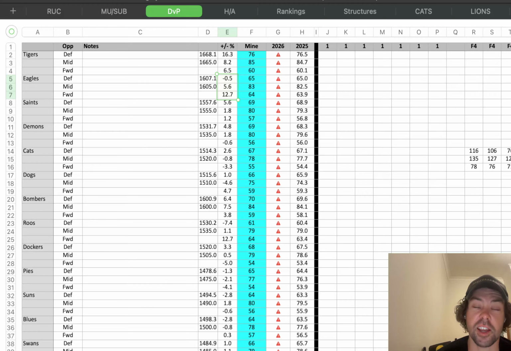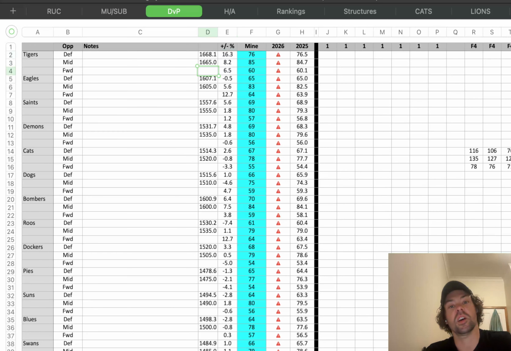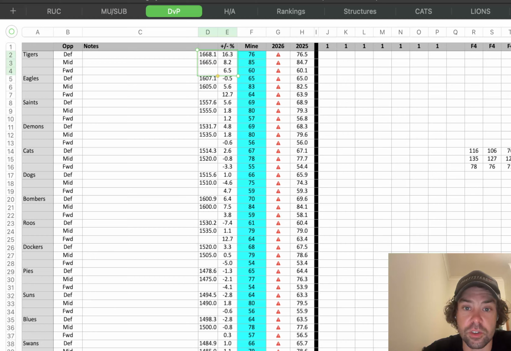And to be honest, the seasons where I didn't use it at all and I just used my base projection every week, didn't worry about opponent, I did just as well. So I don't really know if all this effort to come up with my own DVP numbers is worth it, but now that I've done it, I'm going to continue using it through this season at least, and see how I go with that.